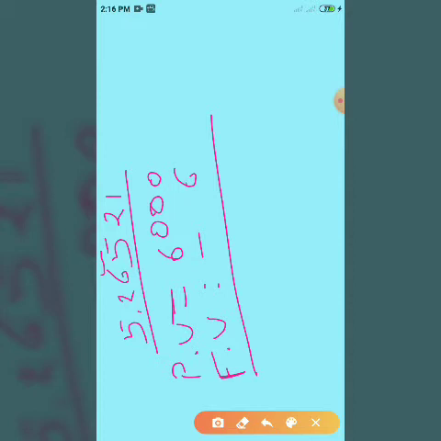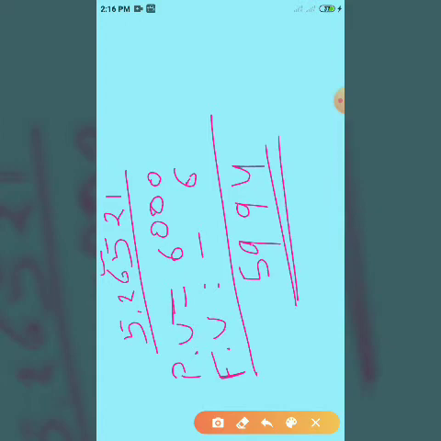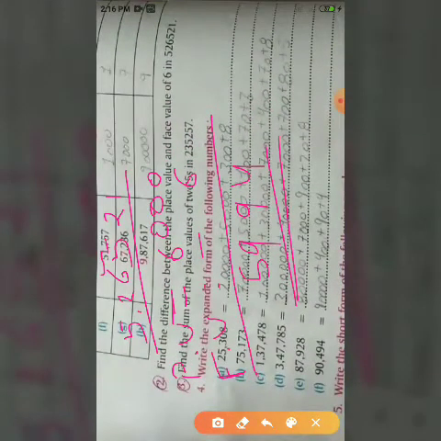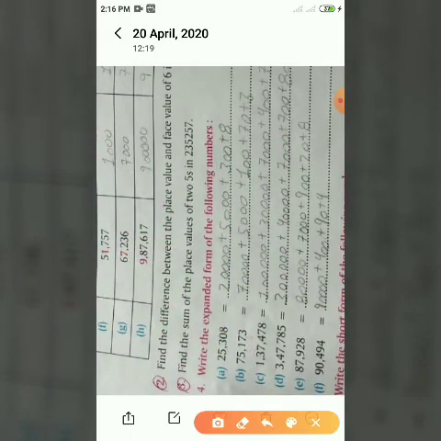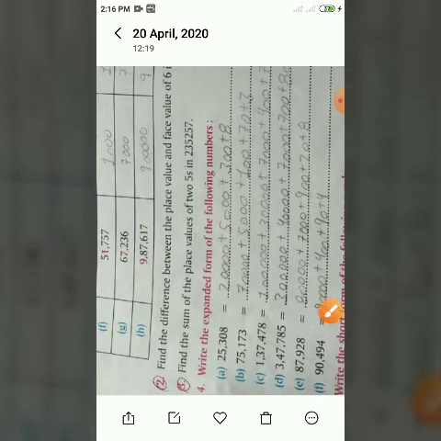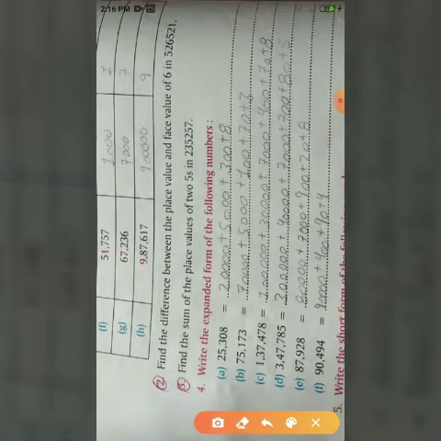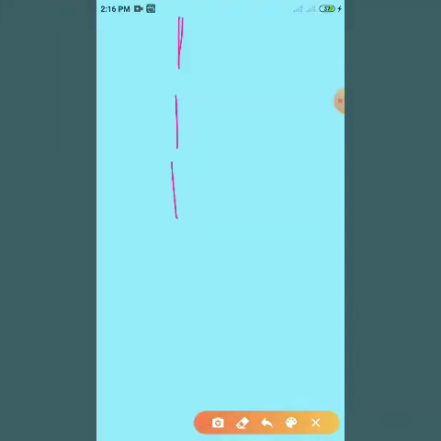Simply subtract 6 from this number, 6,000 minus 6, which gives 5,994. So the answer to question number 2, the difference between the place value and face value of 6 in this number, is